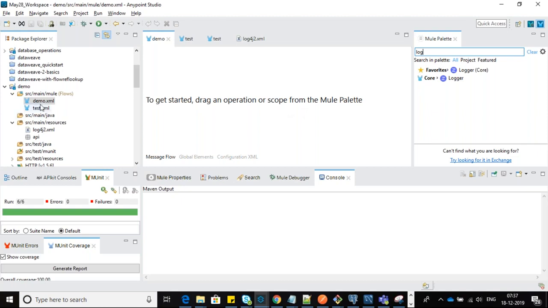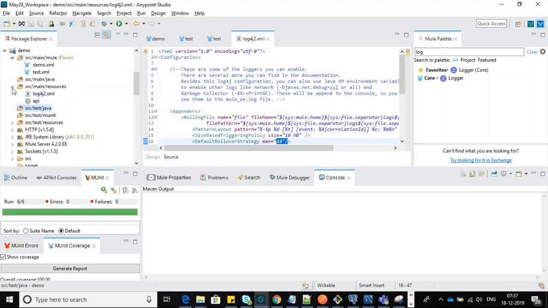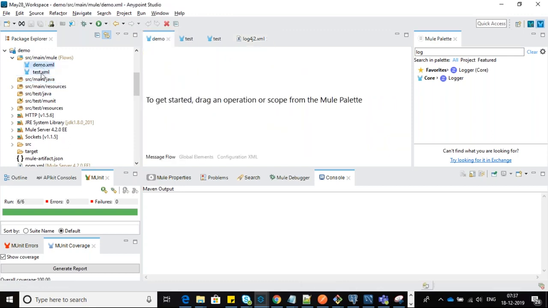The next thing is under src/main/resources, where you can see the log4j file. If you want to do any modification, you can do it accordingly. The next one is src/test/java. src/main/java is specific to your configuration files. Suppose I have written some logic and I want to utilize a Java method; we have to define it under src/main/java, and you can utilize it.